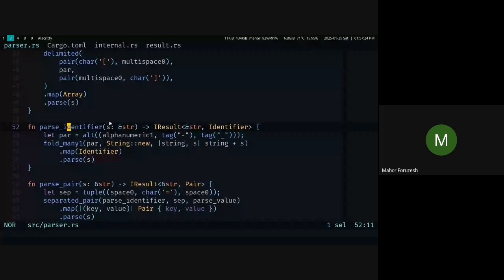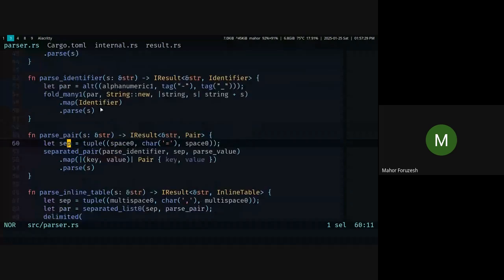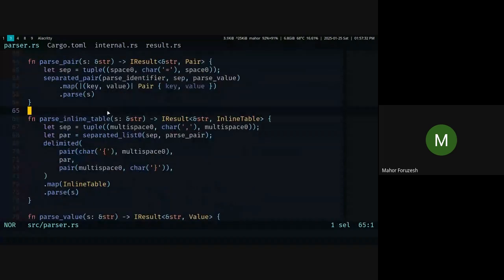So we also parse that like this. You can see, I'll put the source code later, so you can check it out for yourself. Then we parse the pair, then the inline table,